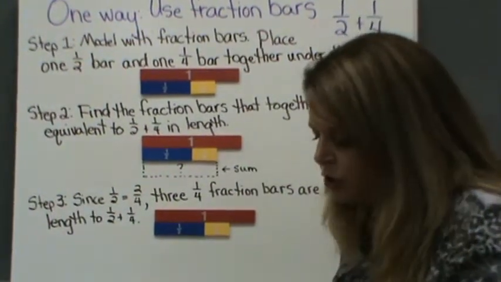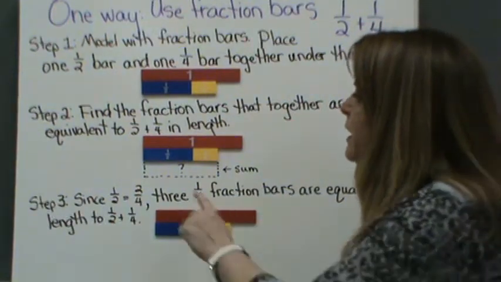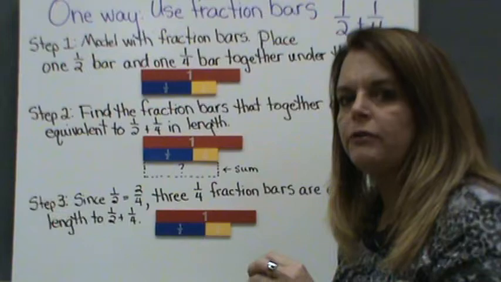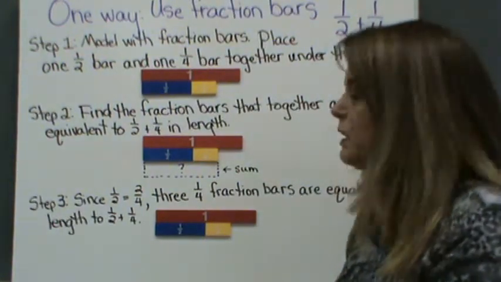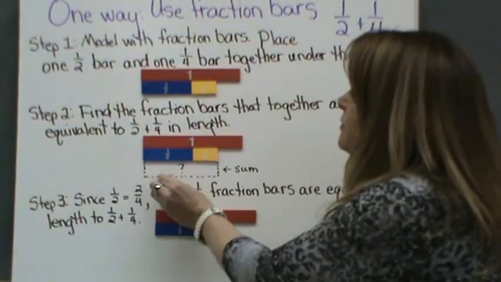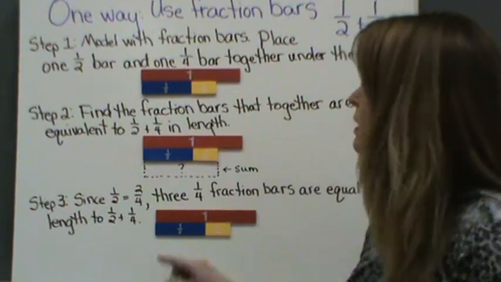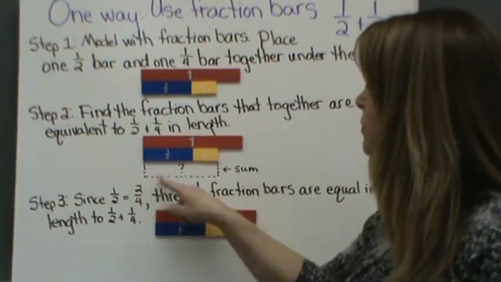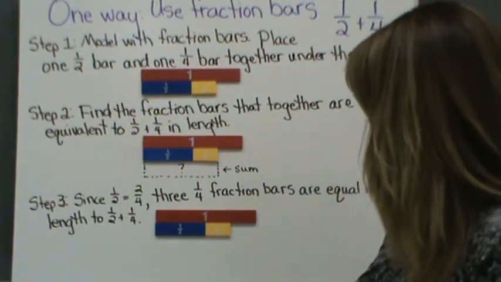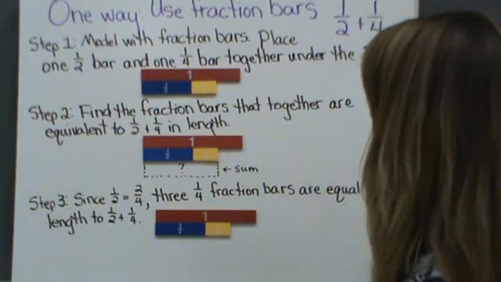So this means I'm going to look around in my fraction bag, and I'm going to try to find pieces that will fit underneath 1/2 and 1/4 that are all of the same denominator. So I might pull out a 6. Well, my 6 fit in here inside this box where my sum is going to be, because I'm adding 1/2 plus 1/4. So this longest box, this is my sum. So if I look in my box,